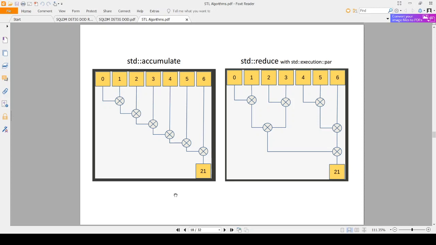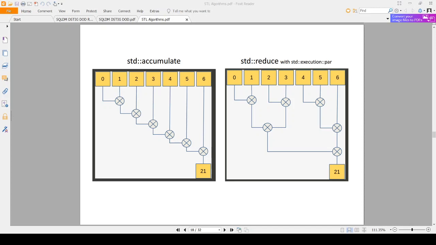The reduce, if you see, can take advantage of hardware parallelism, multiple CPU cores in the CPU, and execute the algorithm such that the result will be same, but it will be much faster if executed on large data. It will parallelize or try to parallelize the execution of the same algorithm. Okay, so the result will be same. We need to be careful about one point though.